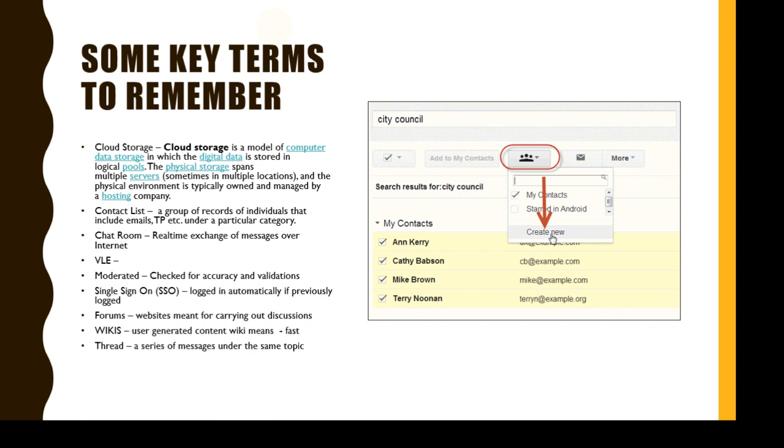The physical storage spans multiple servers, sometimes in multiple locations. Now that's the key point here. For us it appears as an online drive, but if you look at the geographical location of this virtual drive, it may be in several locations around the world.